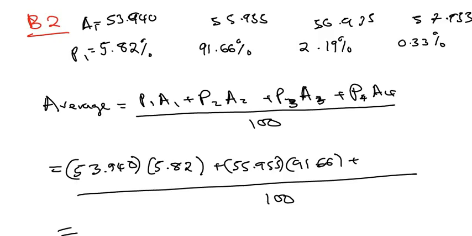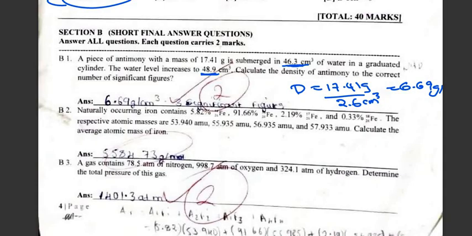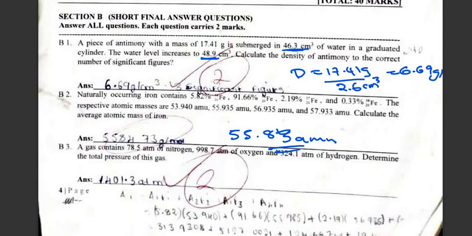So the answer I'm getting is 55.83. This is AMU, that is going to be the atomic mass unit. So this is supposed to be the answer of B2. So you needed to write it as 55.883 AMU. That's what you get. That's the average mass. Then B3, they are telling us to say a gas contains this pressure, 78.5 atm of